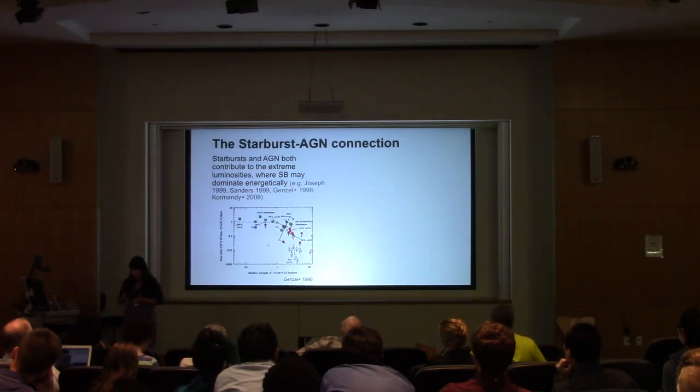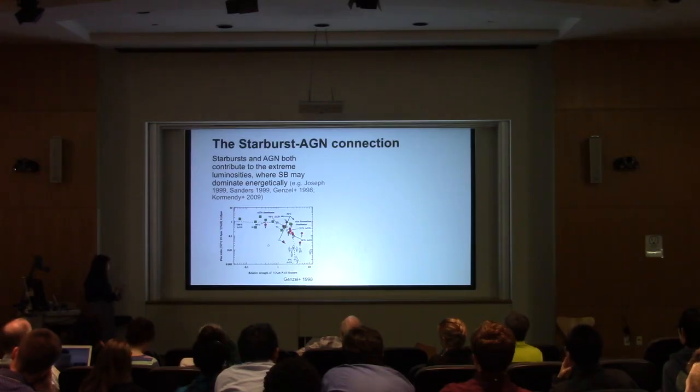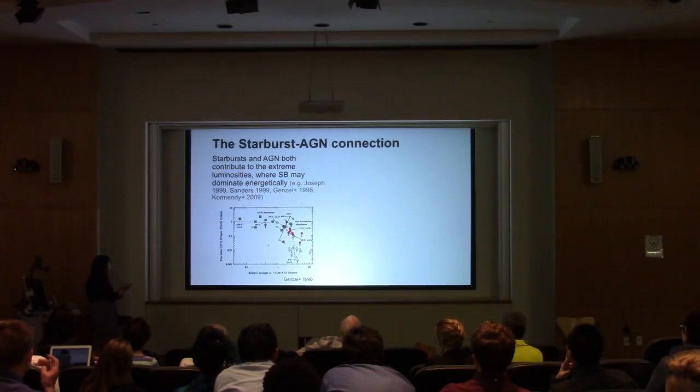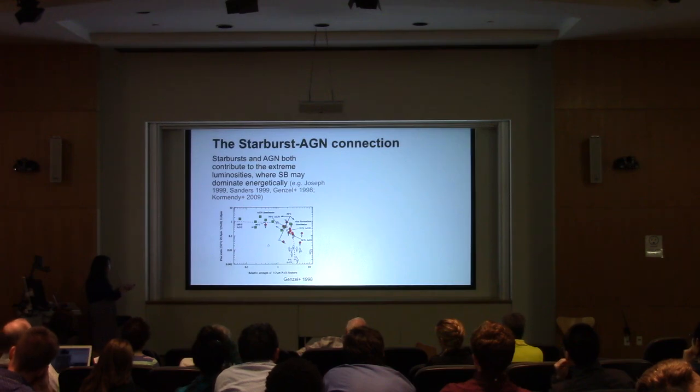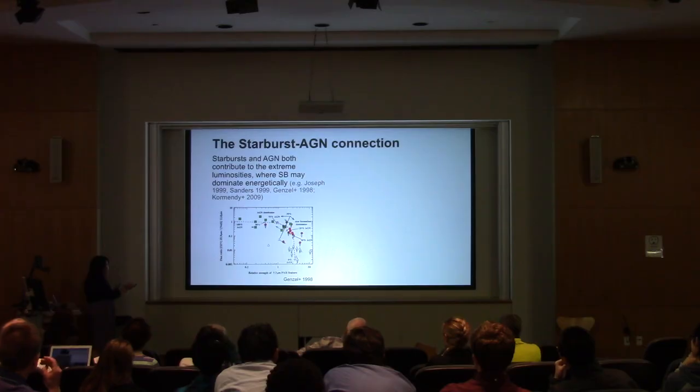And there have been a lot of studies, some that indicate using mid-infrared diagnostic lines that maybe starbursts are more dominating energetically. So the green squares here are the region where the AGN dominates, the squares are the star formation, with the dividing line, and then the red circles here are the ULIRGs. So then they might be more favoring the star formation